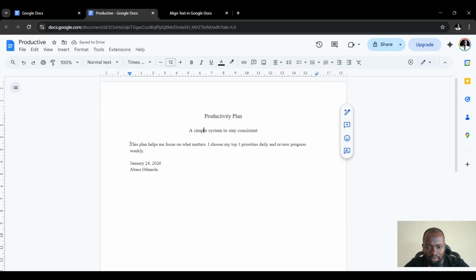For the third expressions as well, so I'm just going to move my cursor to any part of the text, right? Now I would come to the align and indent feature here. I will click on the drop down and I would now click on center align. That's how you center align a text in